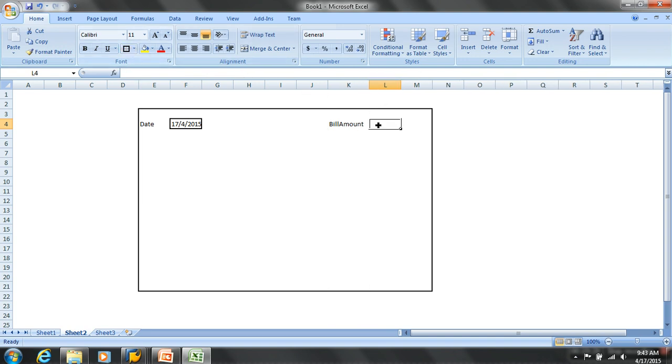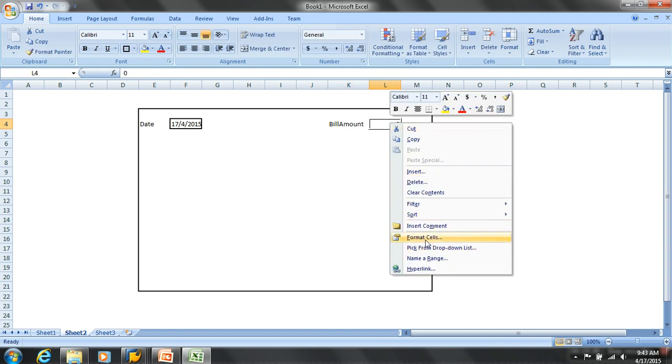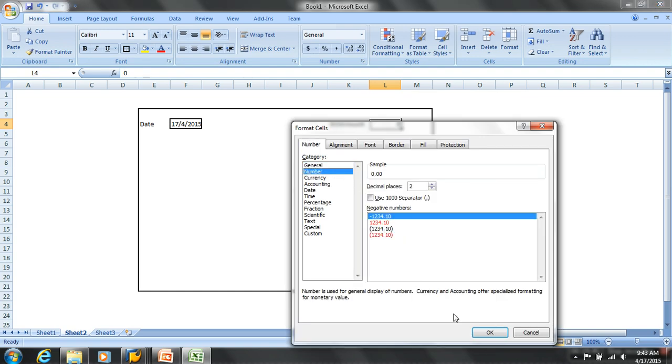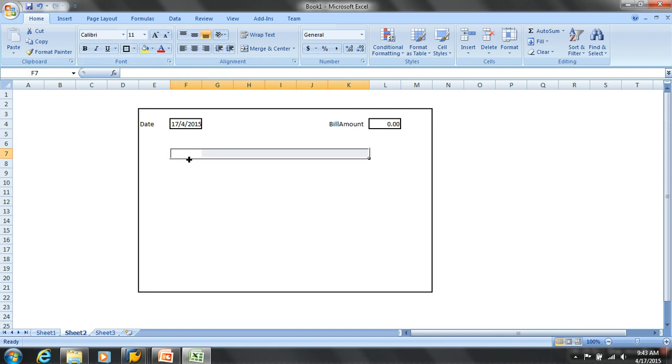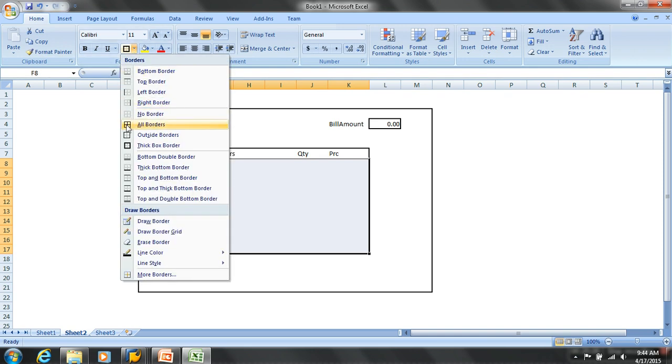Default will be 0.00. Okay, I'll have a bill amount like that, and then I'll have a grid like this, which will say serial number, then particulars of the product, quantity, and price, and we'll basically have a complete grid, because in one billing you can have multiple items, right?